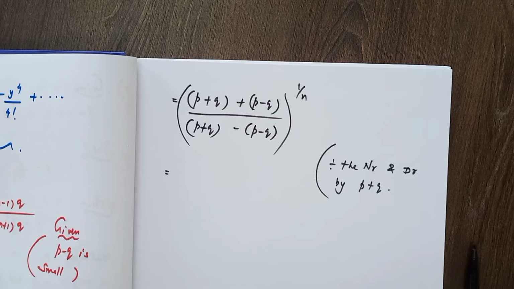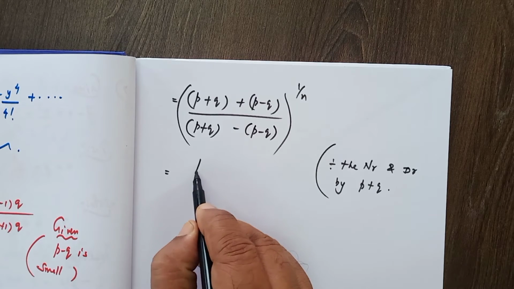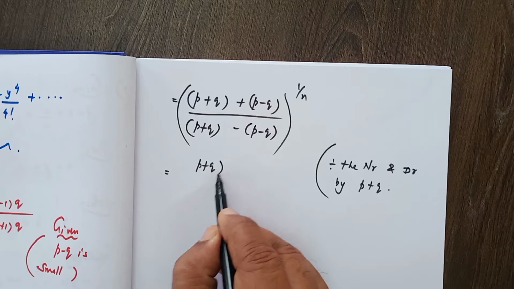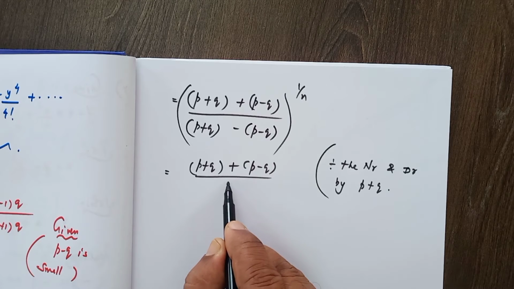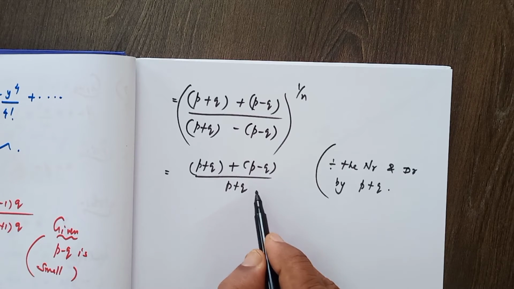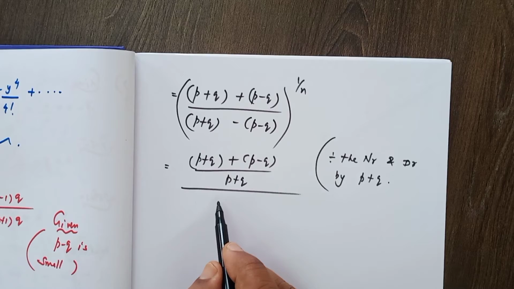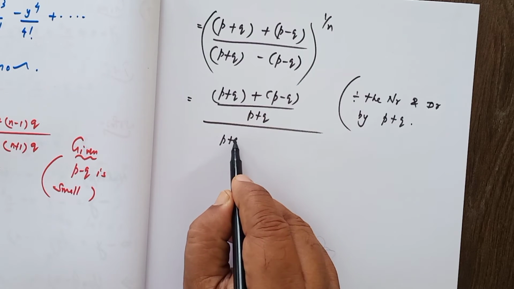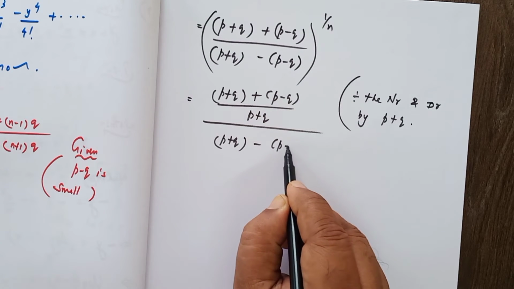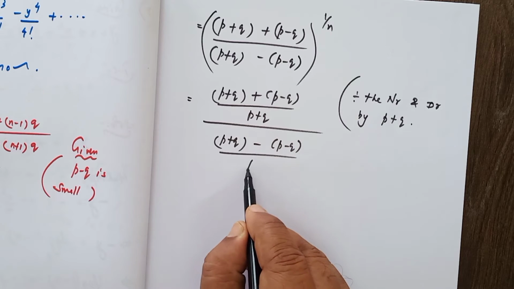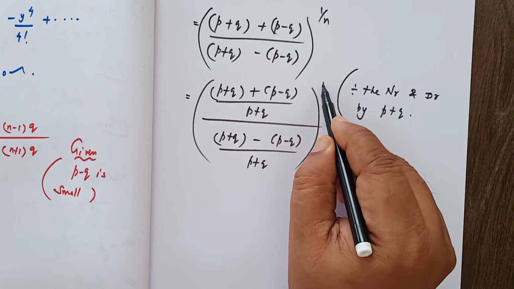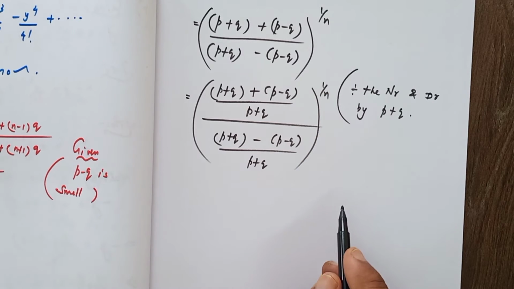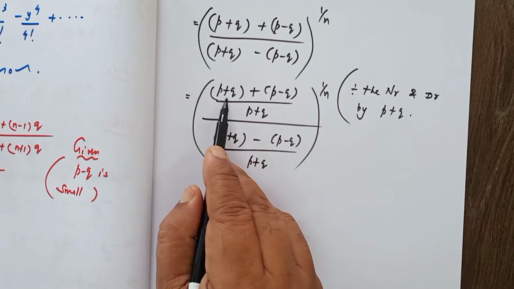We will be getting p plus q plus p minus q, whole divided by p plus q, divided by p plus q minus of p minus q divided by p plus q, whole power 1 by n, that is equal to, it can be separated